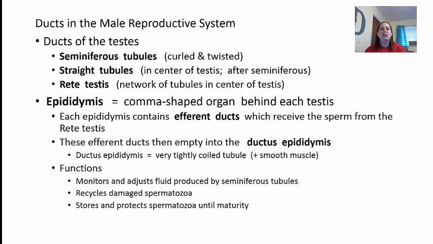The epididymis is a comma-shaped organ behind each testis. Each epididymis contains what we call efferent ducts, which receive the sperm from the rete testis. So we're going to receive the sperm, and this is where they're going to go through their process of maturing. These efferent ducts then empty into the ductus epididymis. The ductus epididymis is a very highly coiled tube with some smooth muscle, and the whole function of the epididymis is to monitor and adjust fluids produced by the seminiferous tubules, okay, to give it the best environment for sperm